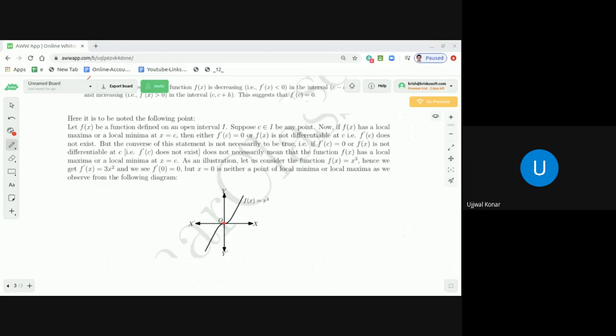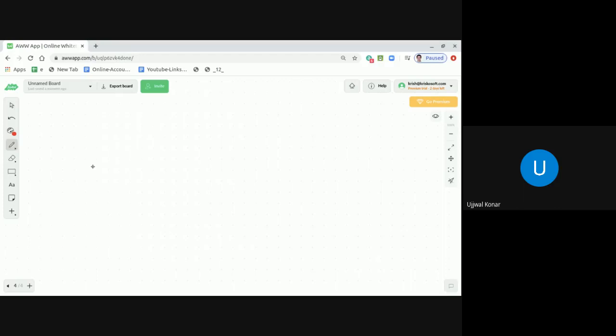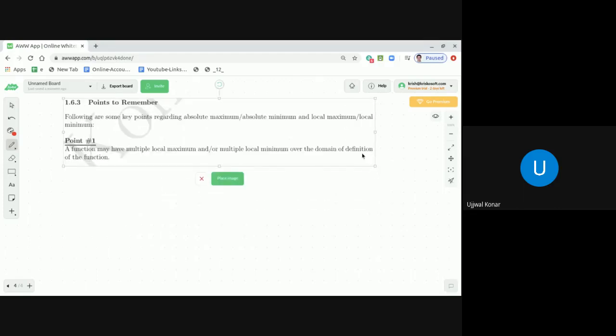Now, as we conclude the point about local maxima and local minima, I'd like to tell you a few very important points. I'm going to discuss those points one by one, dear students. So the first point, and it's a very important point, you should take a note of it. Let me explain all these points one by one on the next page. The first point is that